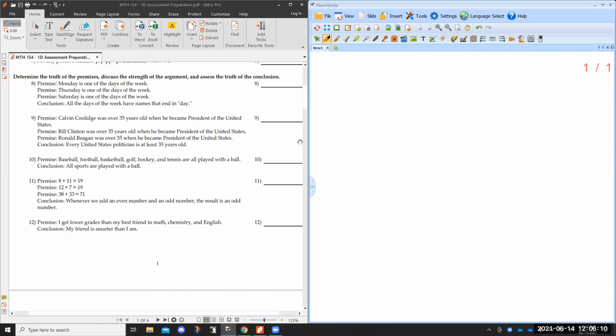All right, premise: I get lower grades than my best friend in math, chemistry, and English. Conclusion: my friend is smarter than I am. So it's kind of hard for me to evaluate the truth of the premise. I'm going to assume that the person is telling the truth here. Assuming that they are telling the truth, there's probably a strong argument to be made there that the friend is smarter. It's not a 100% for sure thing. Why not? Because